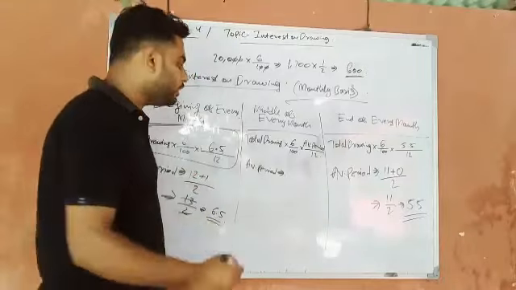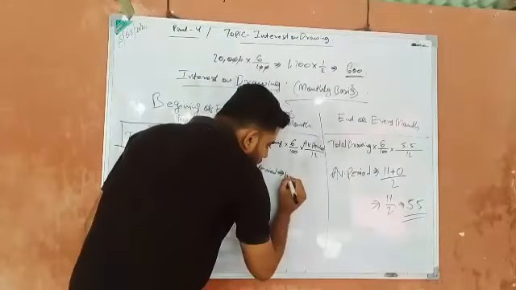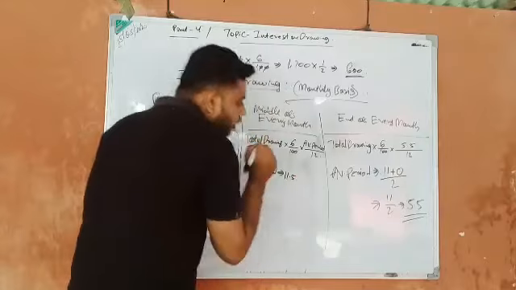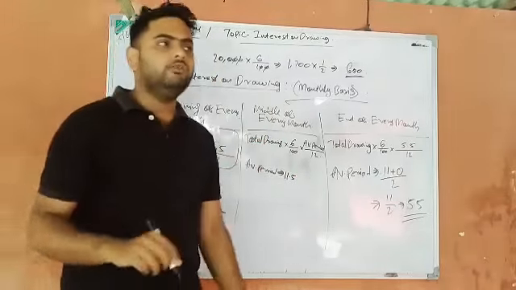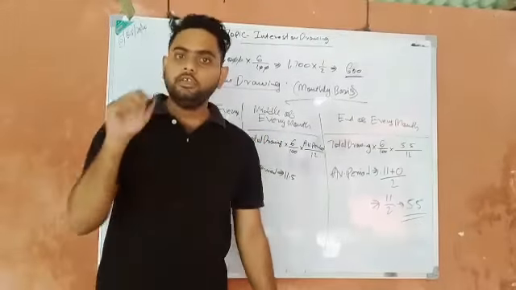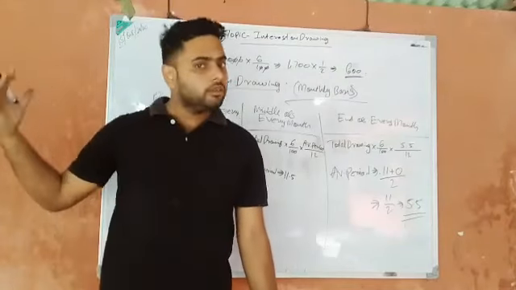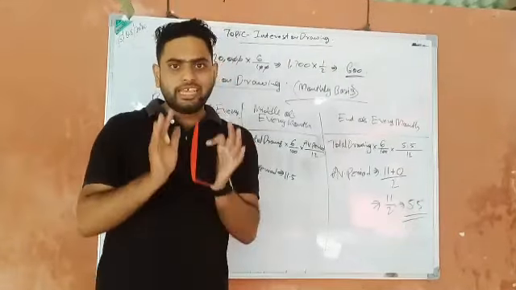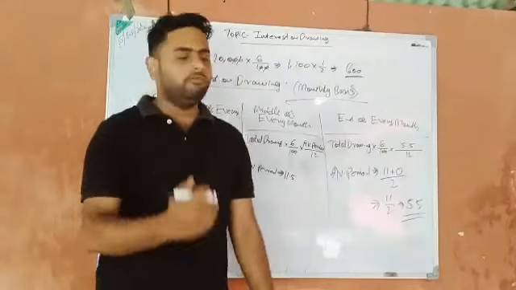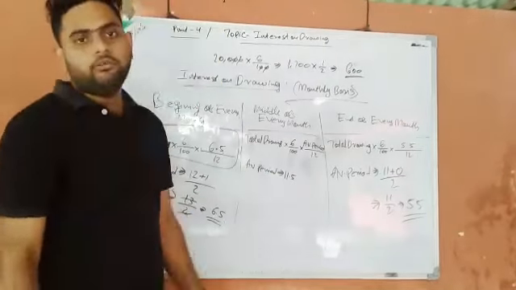So it will be what exactly? It will be 11.5. Why 11.5? Because we are accounting that the drawing is there, but on which date? 15 January. Half month has already passed. So how many months exactly are there? 11 and a half months. So that's why 11.5.